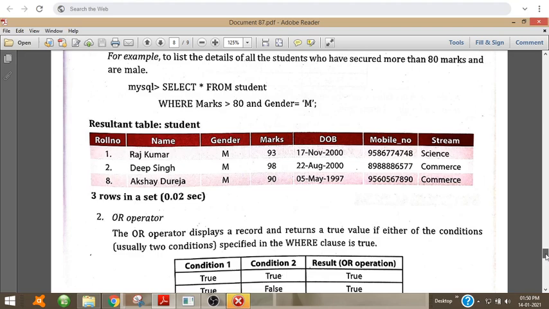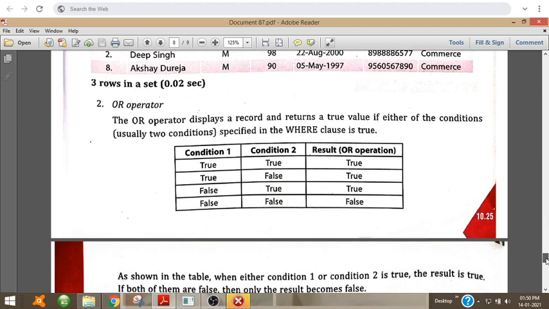Now if it was the OR operator, in case of OR, if any of the conditions is true, then the output is true. If condition 1 is true and condition 2 is true, then the result is true. If condition 1 is true and condition 2 is false, then also the result is true.